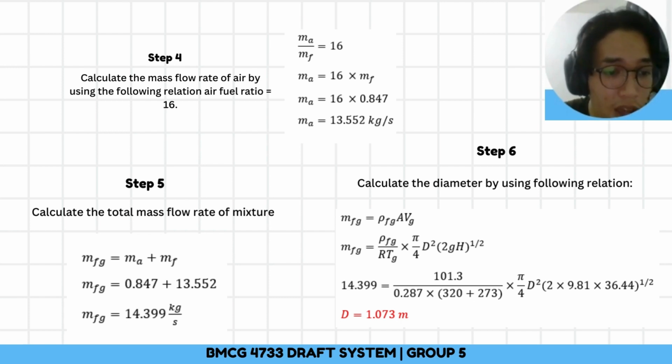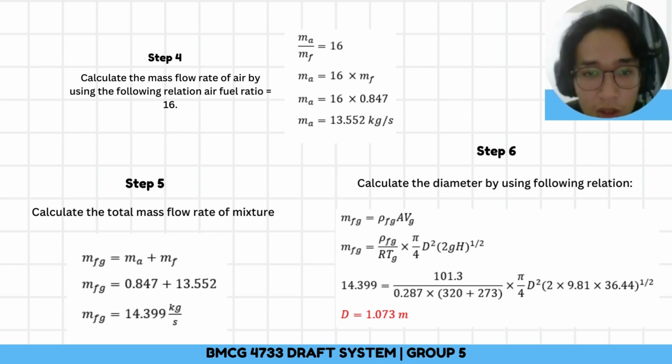Thus we get MFG equals 14.399 kilograms per second. And the last step is to calculate the diameter using the following relation: MFG equals rho FG times A times VG, and by substituting the values, we get D equals